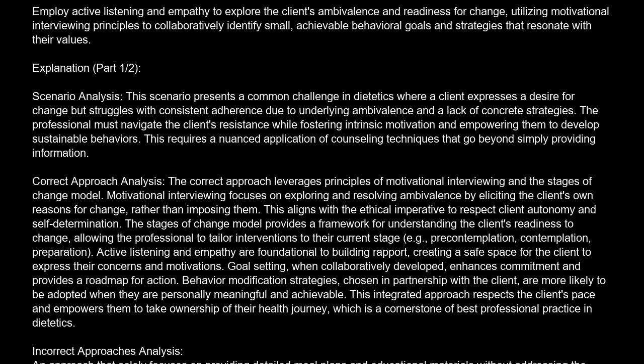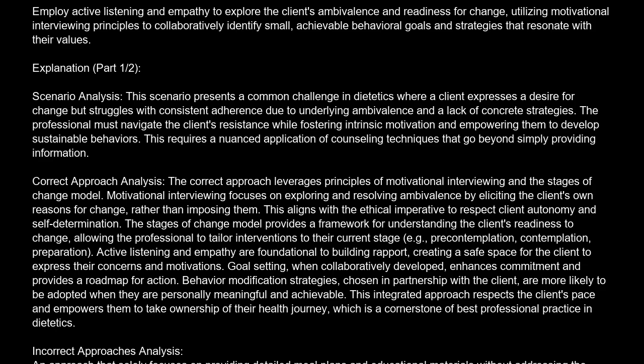The correct answer is D. Employ active listening and empathy to explore the client's ambivalence and readiness for change, utilizing motivational interviewing principles to collaboratively identify small, achievable behavioral goals and strategies that resonate with their values. Explanation. Scenario analysis. This scenario presents a common challenge in dietetics where a client expresses a desire for change, but struggles with